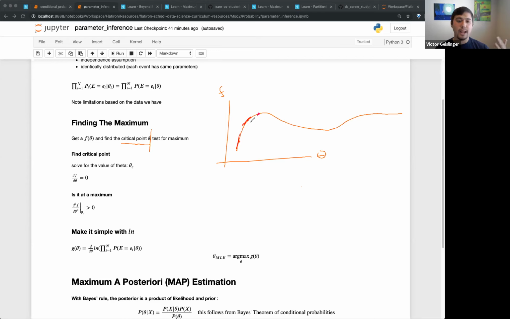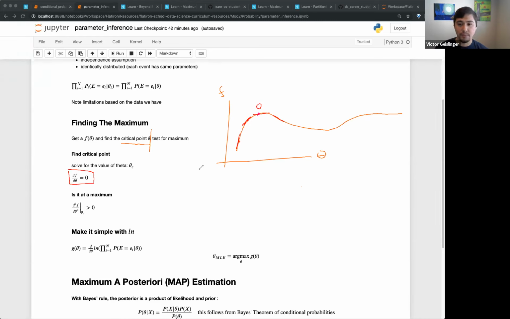So the derivative is getting smaller, and then it gets smaller and smaller. And over here, we can see the derivative's changed. It's now negative. It's going downward, right? And so we can say there must be an in-between part when it went from positive to negative. That means there's some point right here where the slope is 0, or our derivative is 0. And that's what brings us to here, and that finds us our critical point.